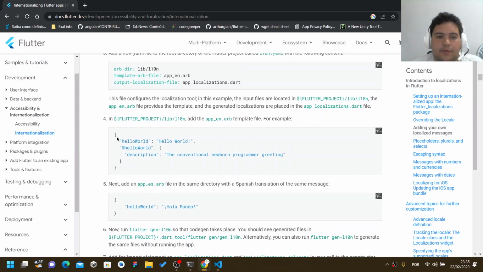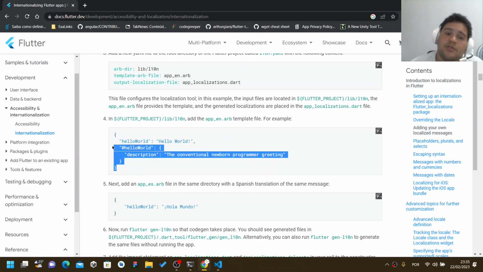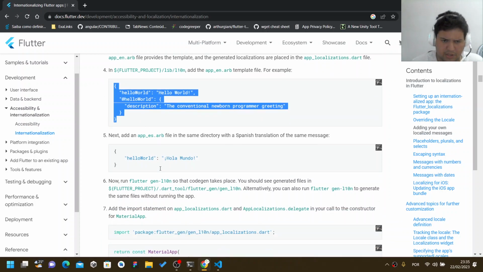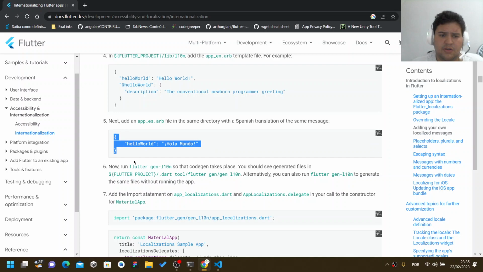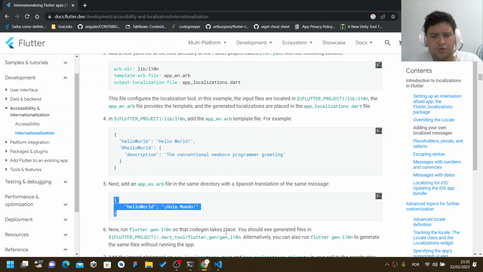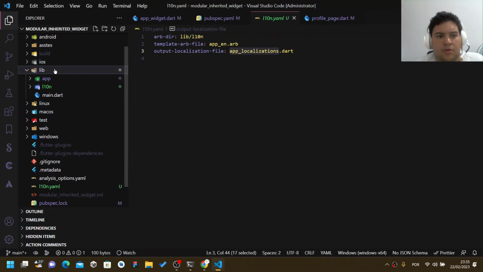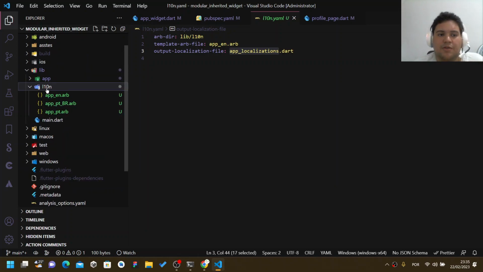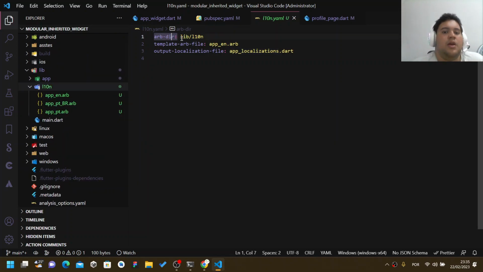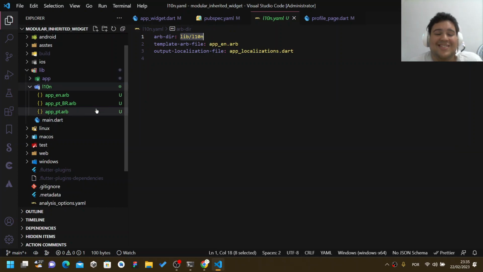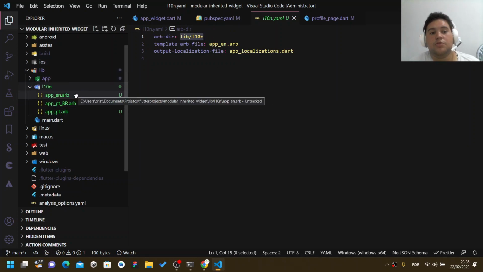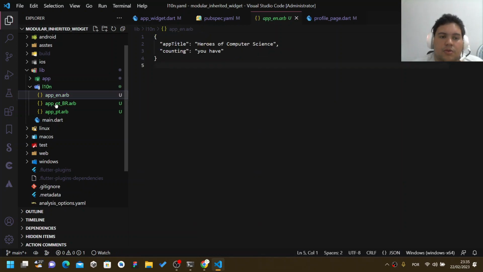Here we have the following thing. That is the description and our translation that we want to use. Okay, we have here in English and we have here in Spanish. To do that, we're gonna create a folder inside our root project, inside the lib folder. Okay, here we have to create this kind of folder with the same name that we have created here. And inside of that folder, you're going to create this file here, the app